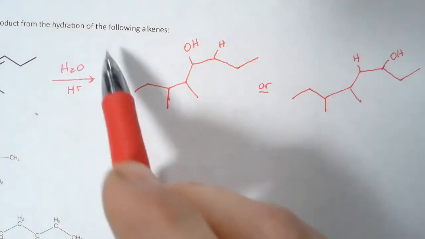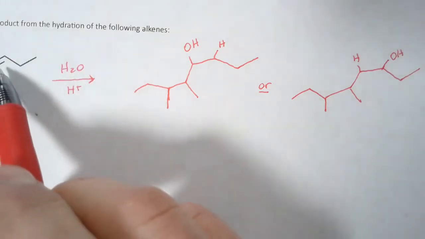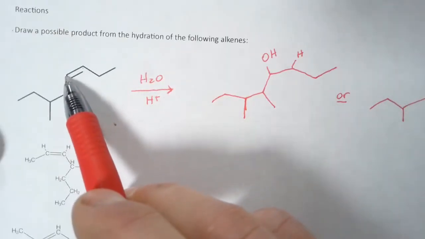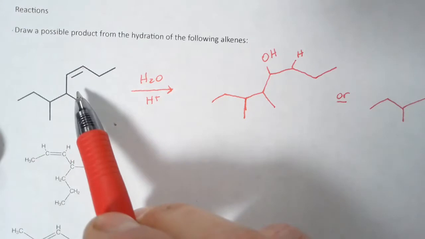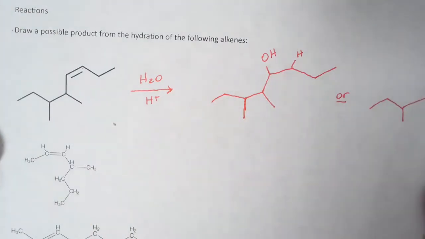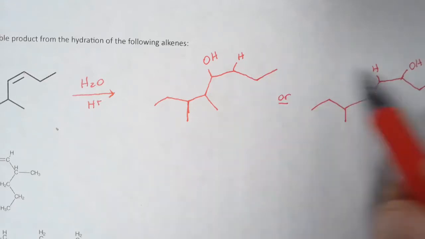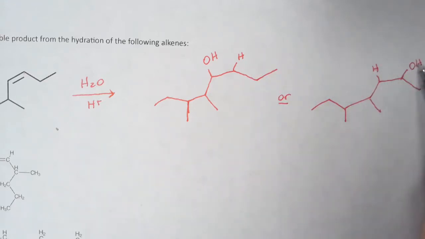You only need to write one of them, but just remember that the alcohol must go on either this carbon or this carbon. It can't go anywhere else. And I'm just showing the H for emphasis. You wouldn't necessarily have to draw that out, but I show that to demonstrate that it is adding water, H2O, to